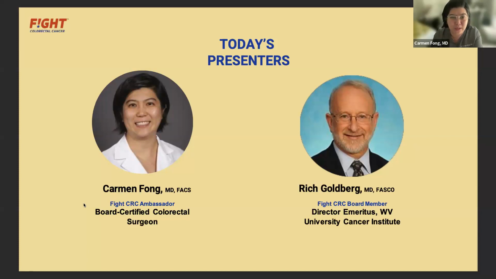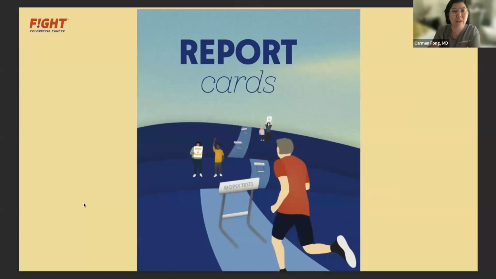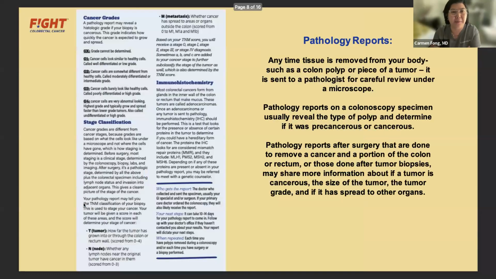And so I'm going to start off today talking about the surgical pathology side of things. All right, so for report cards, this is a little snippet of what we have in our most recent issue of Beyond Blue. And I just wanted to go over briefly what I'm looking for, and then what I tell my patients to look for when we discuss this.